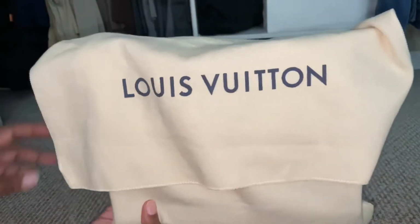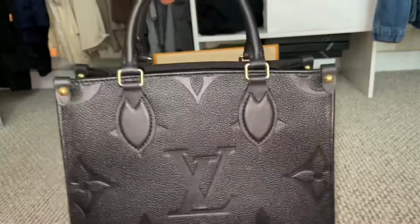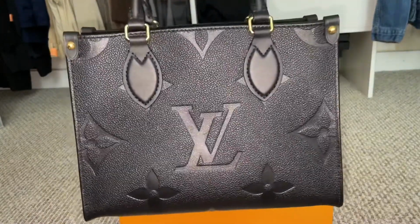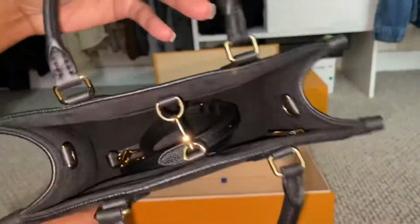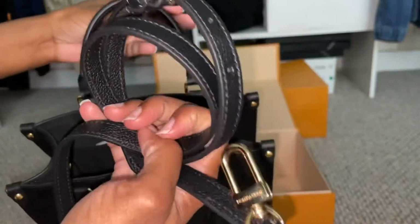I travel for a living, so I'm constantly going to shopping centers and things like that, and it has been a constant thing. I purchased a Louis Vuitton bag for my mom for her birthday years ago, and I swore I was never going to buy again. However, the On The Go bag, when it came out in like 2019 or whatever it was,